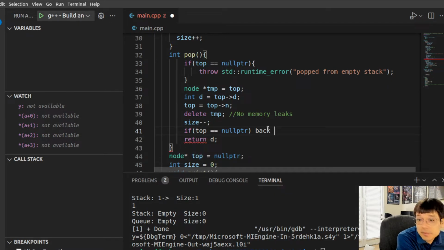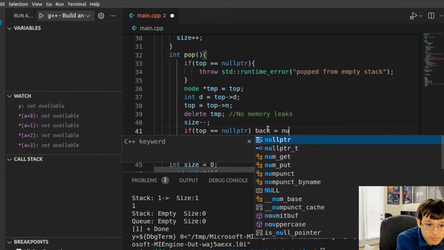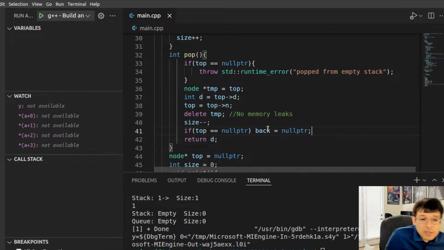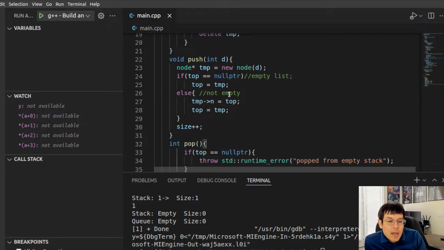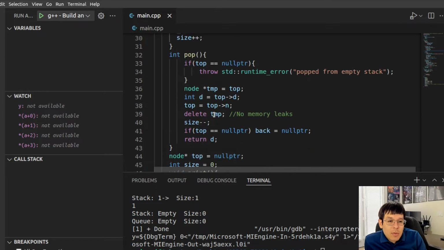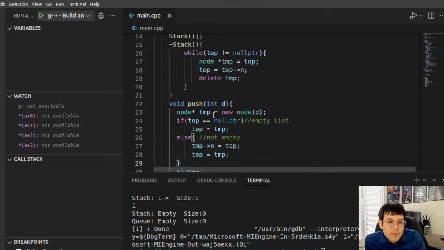Because it means the list is empty. So make sure that this is also empty. That's really the only time when the back needs to be set to null or change when I'm popping. Other than that, it should be good to go for the pop. And then for the push, I would need to modify that for it to work under the